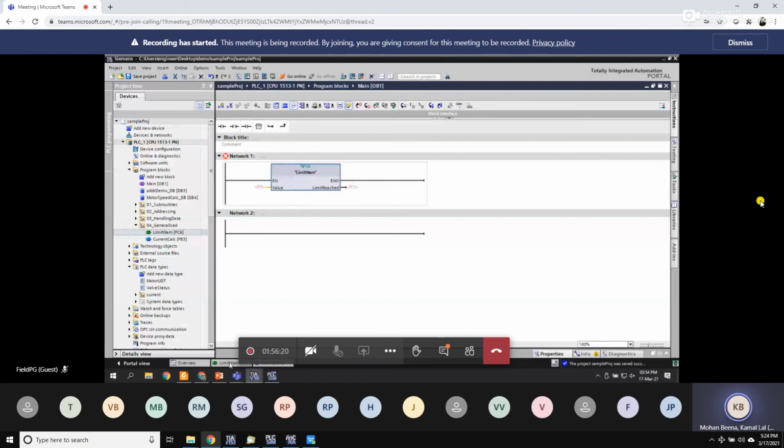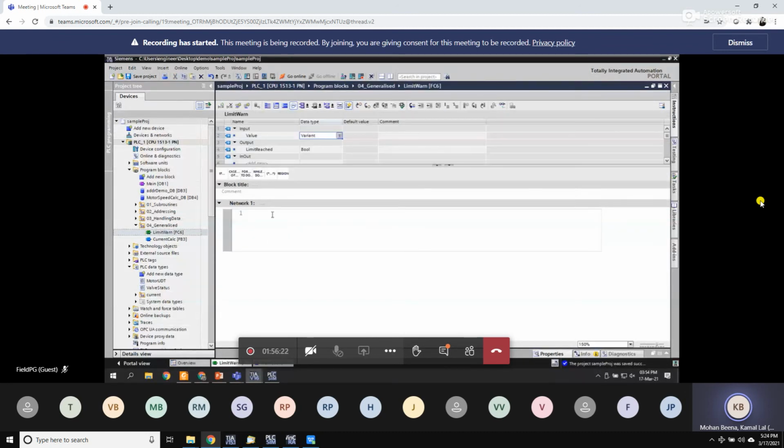But how will I manage this then? For that, I have to use some built-in instructions. For example, I have this instruction called TypeOf. You give that element, so TypeOf value. When you call this instruction, it will return the data type of the variable you have given here. What is the advantage? Now I can put it inside an if condition. For example, if TypeOf value equals int, then